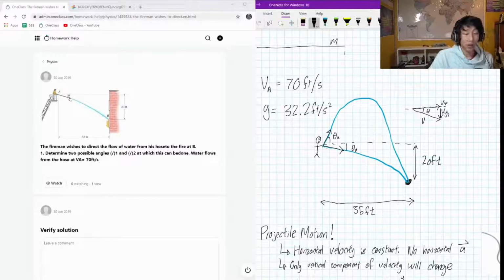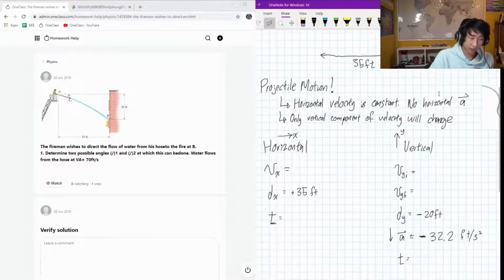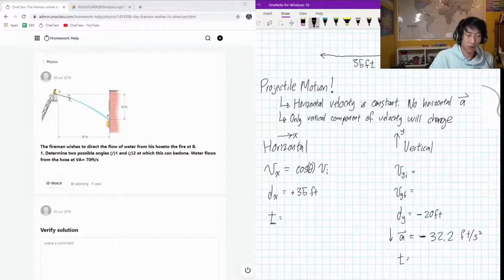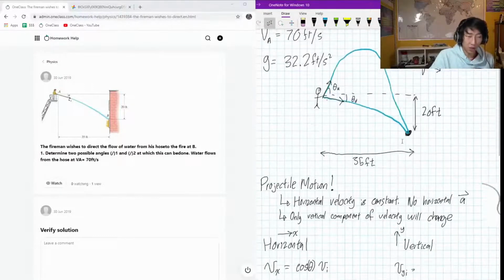With the power of trigonometry, given the angle, if we cosine it, that will be our horizontal velocity. So cos theta of Vi, that's our initial total velocity, and our initial vertical velocity is just going to be